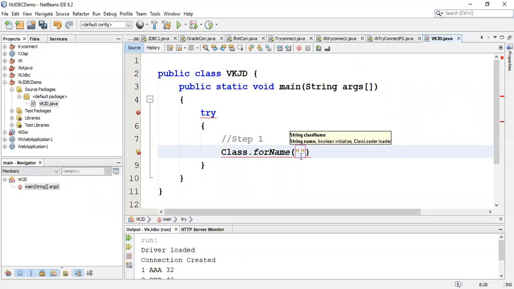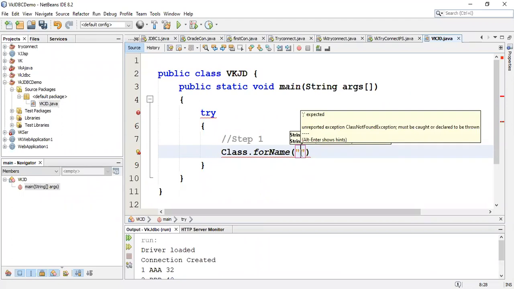Yeah, it requires special jar files. So either you can download that jar file or it will exist with the Oracle installation itself. Now what I have done is I have downloaded it from the internet. I have downloaded ojdbc6.jar. I will show you that later. Right now, once I download that jar file, I have to specify it here.